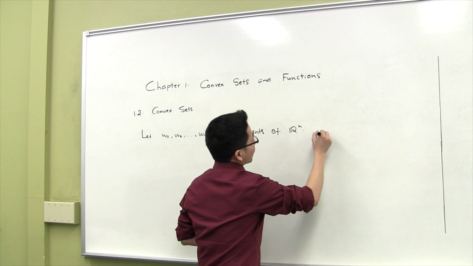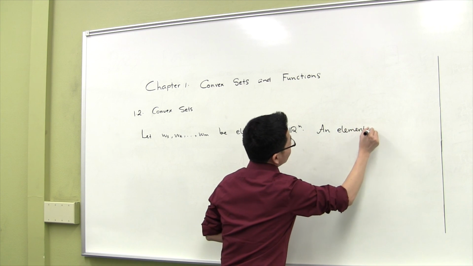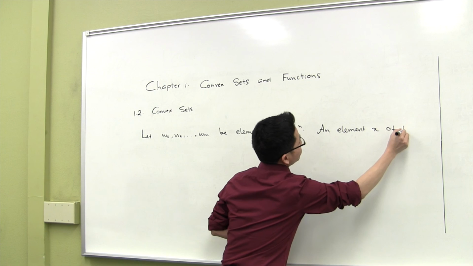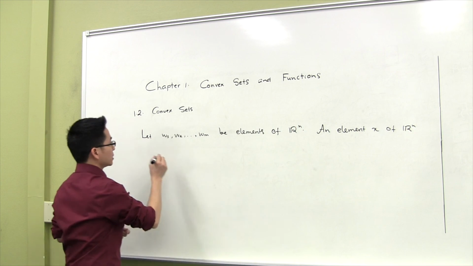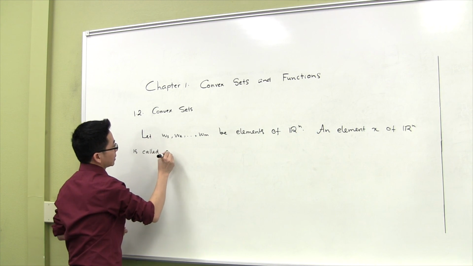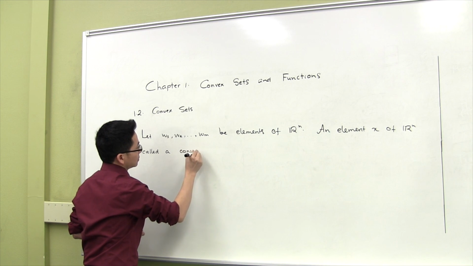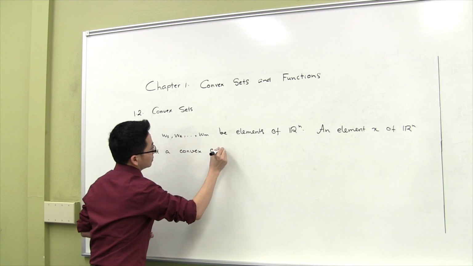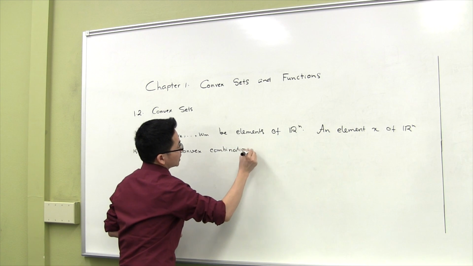An element X of Rn is called a convex combination of